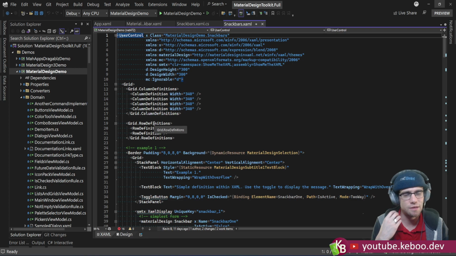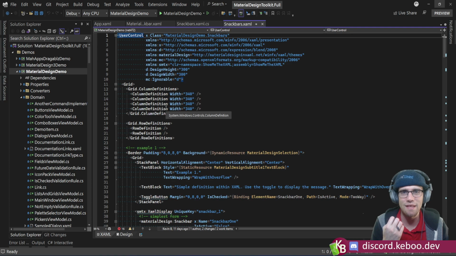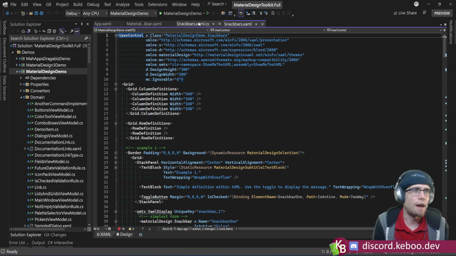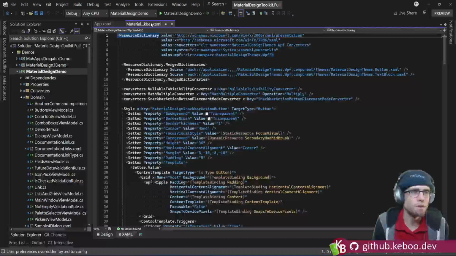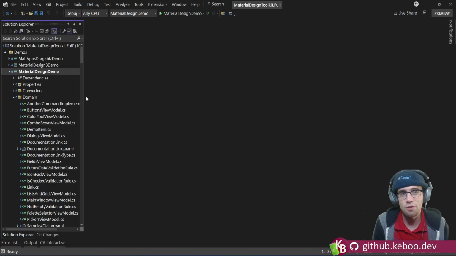And the problem is the source generators that Microsoft released for C# occur during the C# compilation pass, which means that if you want to do any sort of XAML generation, you're too late. You missed the boat. So I would like to build me a little system where I can actually do that,